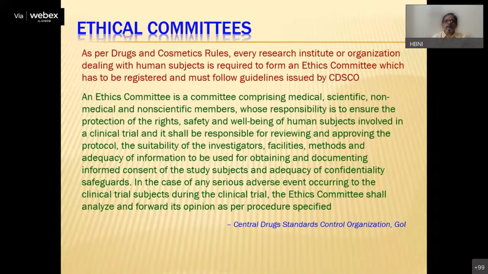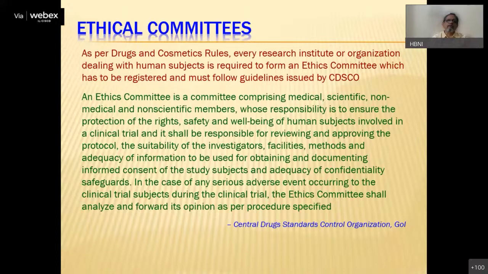So in India, like what we have, the FDA, Food and Drug Administration in the United States, in India we have what is called the Central Drugs Standards Control Organization under the Government of India. They have framed certain guidelines. As per the Drugs and Cosmetics Rules, every research institution or organization dealing with human subjects is required to form an ethics committee, which has to be registered and must follow the guidelines issued by the CDSCO. Now, what is this committee? An ethics committee is a committee comprising medical, scientific, non-medical, and non-scientific members. One of them has to be at least a legal expert,